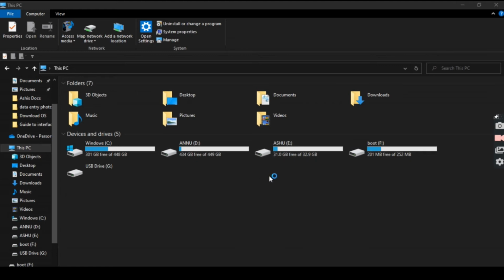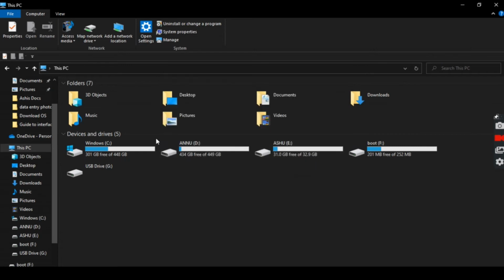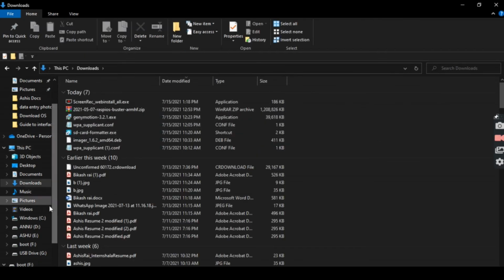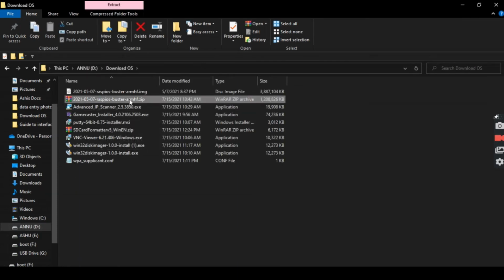You will see this page like this. In this section you have to upload the OS which we have downloaded. After downloading that OS, you see this pop-up, which is in a zip folder.